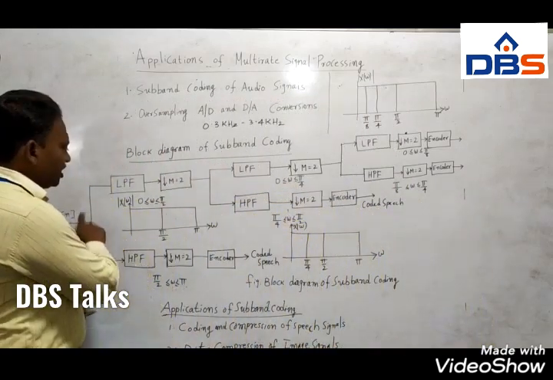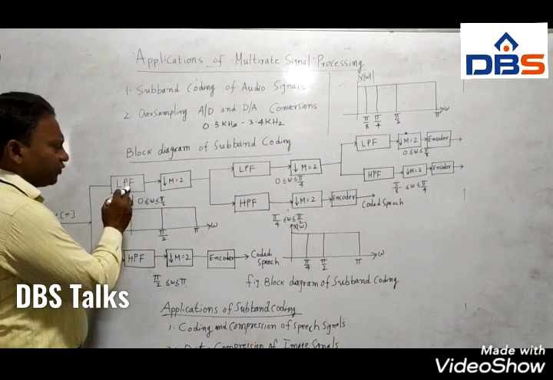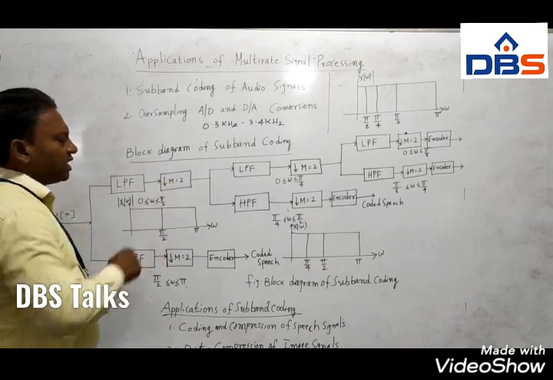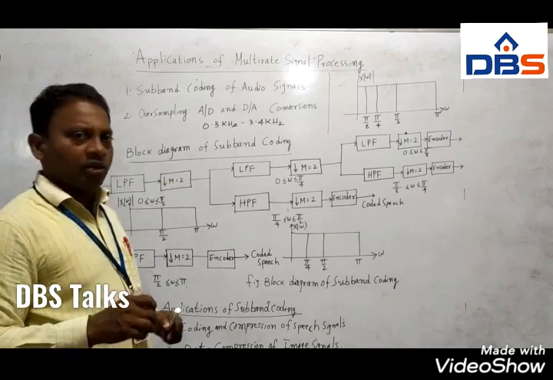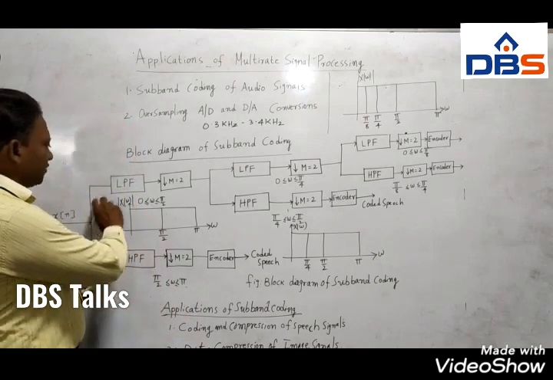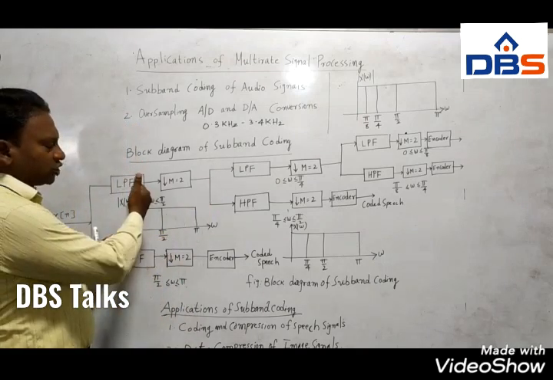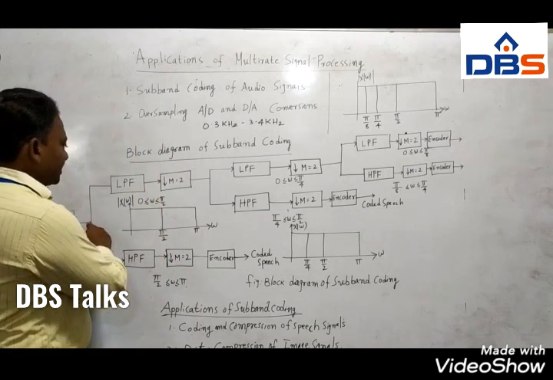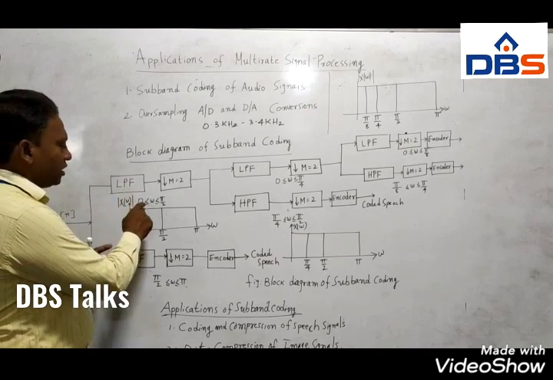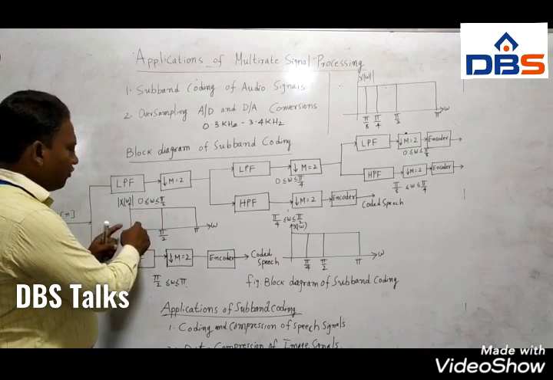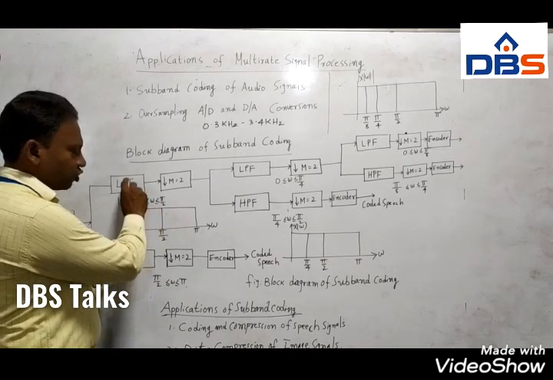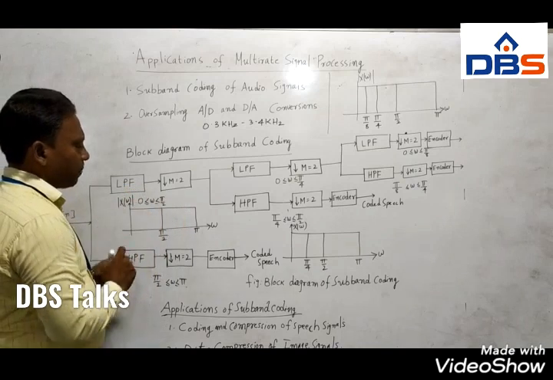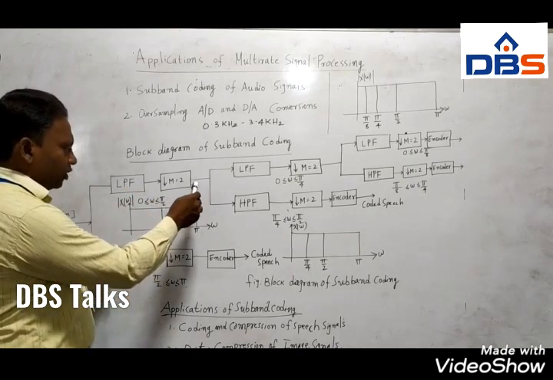So this x of n is passed initially through the low pass filter, and after that we will downsample by 2. M means actually it is an interpolating factor, and that m value is 2. Now that signal, after passing through this low pass filter, is downsampled by 2. See, this x of n is passed through the low pass filter, and after that you will have a spectrum like this. This low pass filter passes the spectrum between 0 to pi by 2, and it is downsampled by 2.